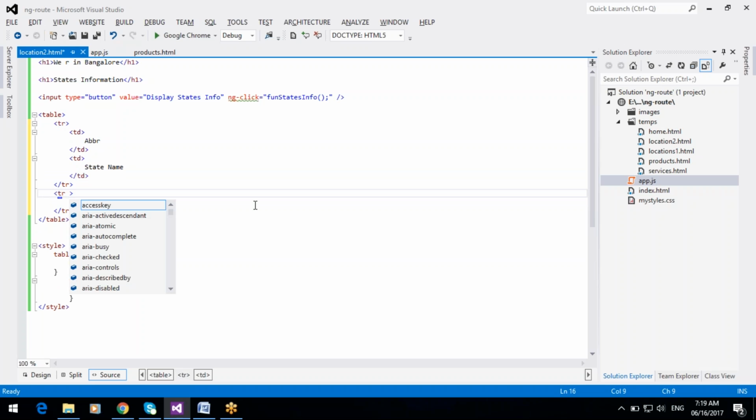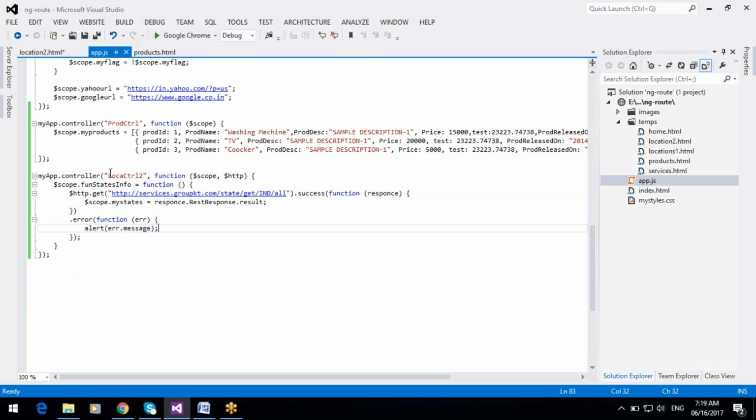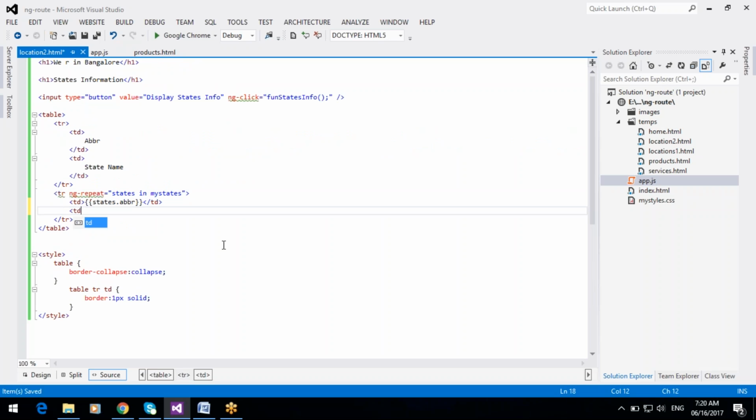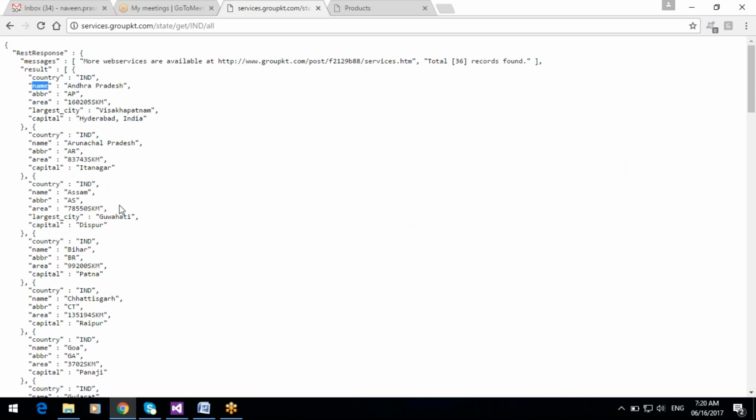Here we can use ng-repeat. Ng-repeat equal to states in my states, states dot abbreviation, and TD, states dot name.